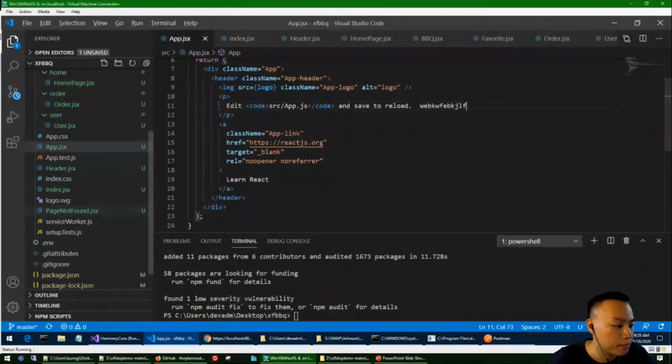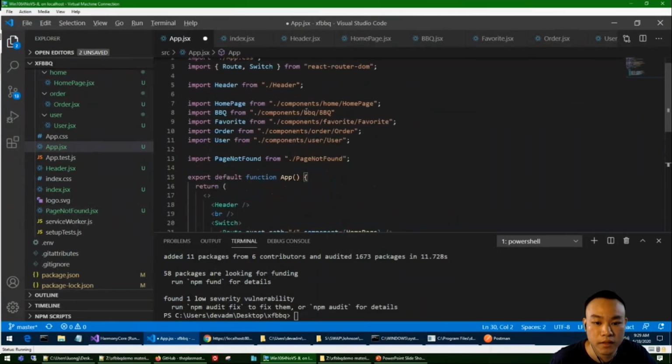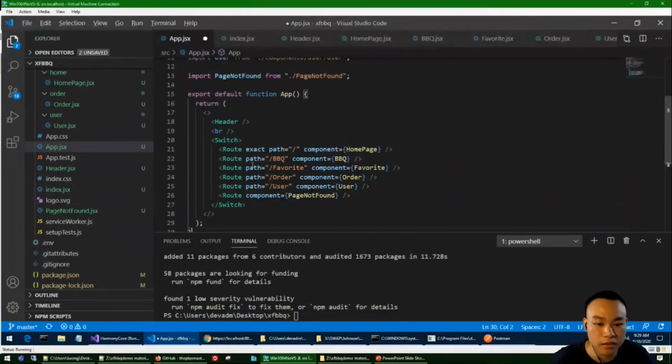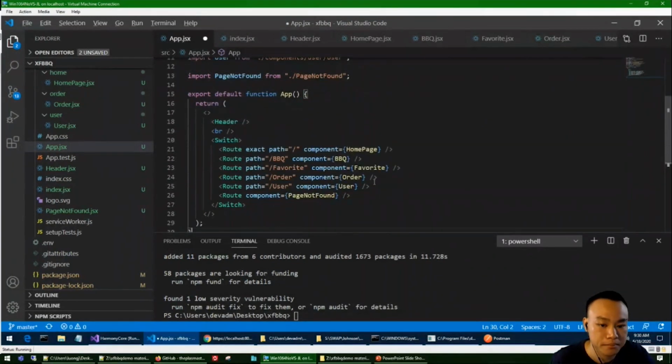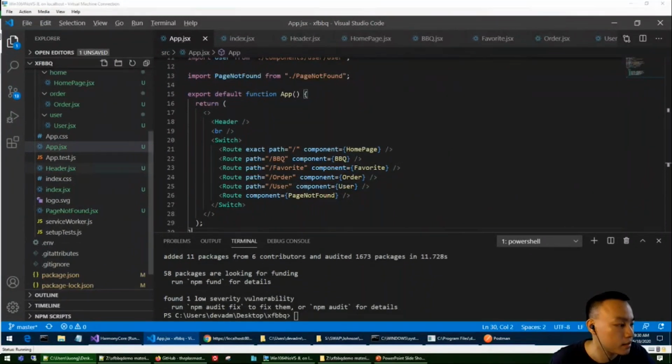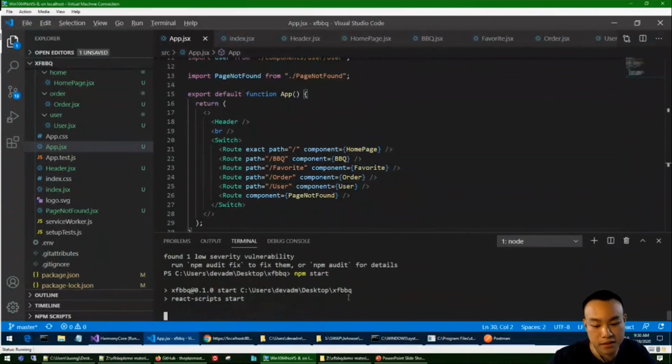And then inside app is all the switch that we're going to have. What the switch will allow us to do is route these pages into the components. I'm going to save that, and then I'm going to npm start. Let's see what that looks like.